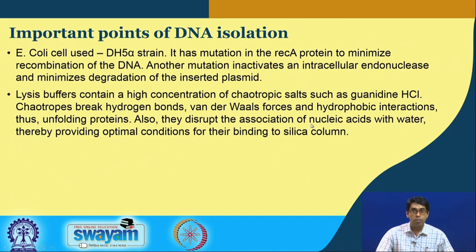Since the hydrogen bonding is interrupted, these chaotropic salts also disrupt the association of the nucleic acid with water. And this is something that is important in the last step of purification, when we have precipitated out everything else, only our DNA is in the solution, and we want our DNA to specifically bind to the silica column. In that case, the silica column is negatively charged, the DNA has negative charge, but these two negatively charged molecules are mediated by the positively charged ions. So, the DNA sticks to the silica column.